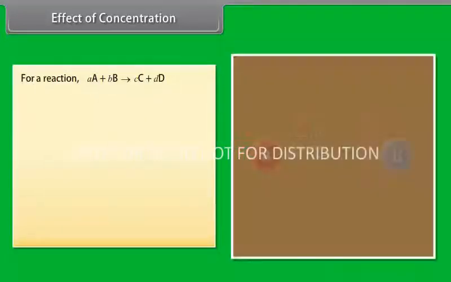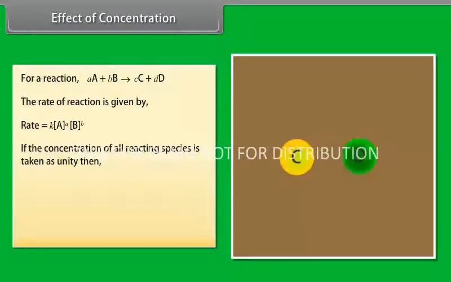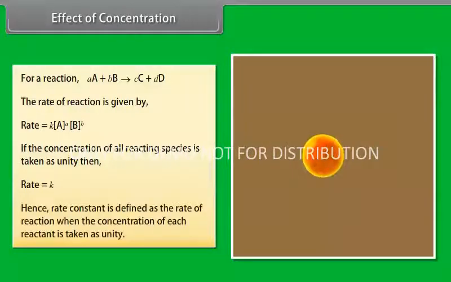For the given reaction, rate of a reaction is equal to the product of K, A raised to the power a, and B raised to the power b. If the concentration of all reacting species is taken as unity, then rate is equal to K. Hence, rate constant is defined as the rate of a reaction when the concentration of each reactant is taken as